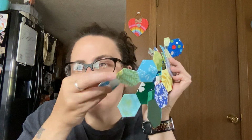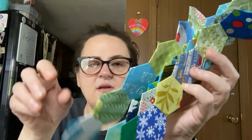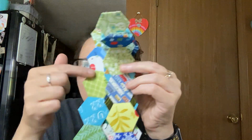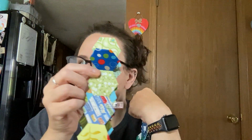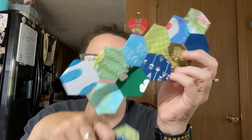That's the exciting part. I love putting it together. The reasons I love hexies: I love making the hexies, that's my favorite part, and I am the basting kind of person. I don't like glue. And then sewing them in the strips, I enjoy that. And then this part, I like it, but it hurts my hand more because there's bending and folding. You have to, like,